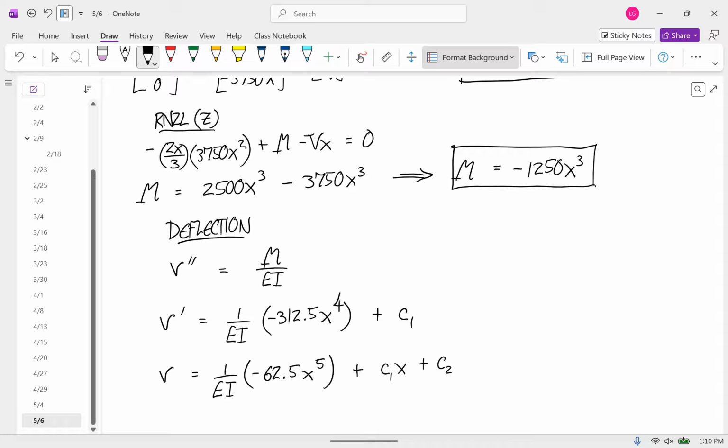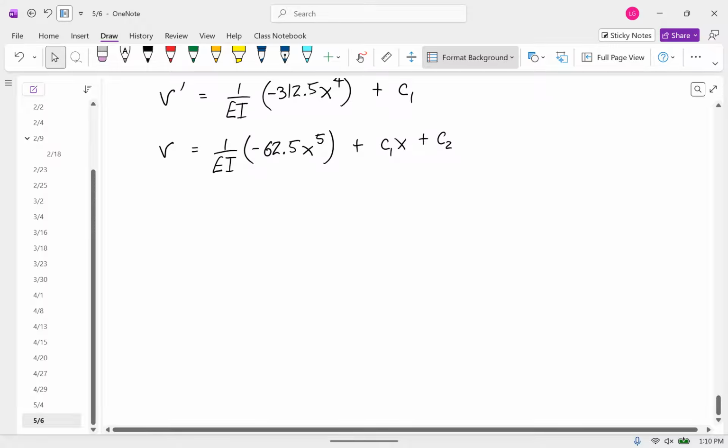Okay, well now we have to use the boundary conditions. The boundary conditions are always easier if you know them at x equals 0. In this problem, we don't know them at x equals 0. We know them at x equals 2. So you got to sort of go through all the algebra that means. So the boundary conditions,